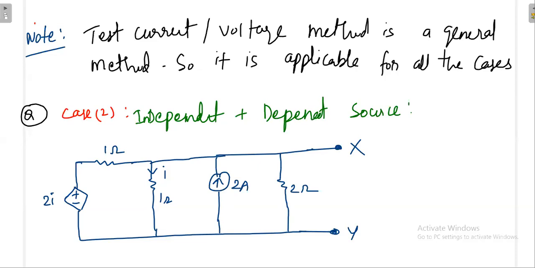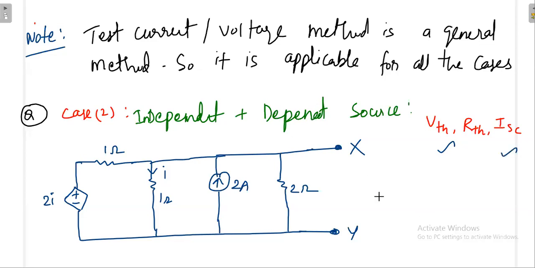So what do you have to find? You have to find V Thevenin and R Thevenin, and also I short circuit current. The circuit consists of both dependent as well as independent sources. What is the possibility for V Thevenin? Will V Thevenin exist, or is it 0? V Thevenin will not be 0, because the independent source is there, so that will give some voltage other than 0. Similarly, you'll get some I short circuit current other than 0.